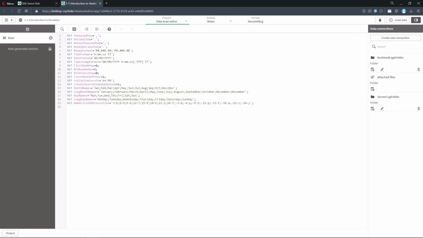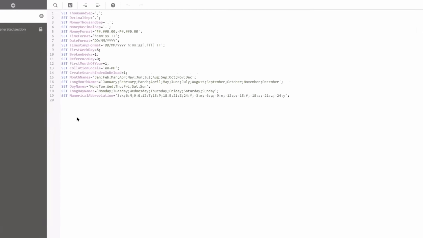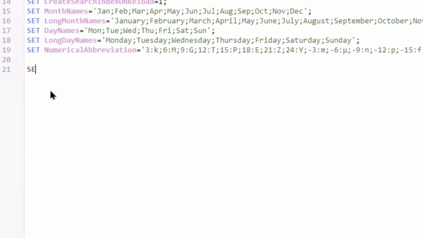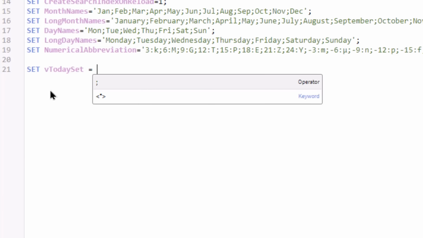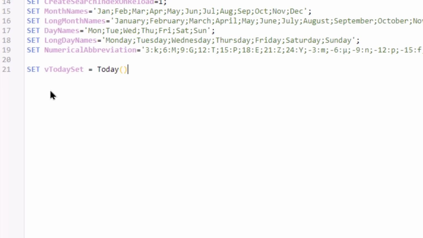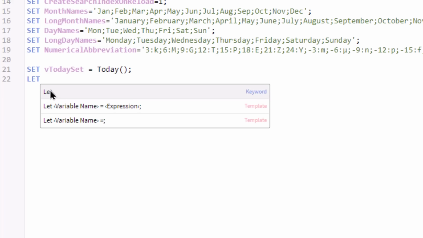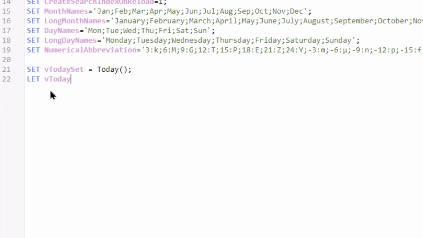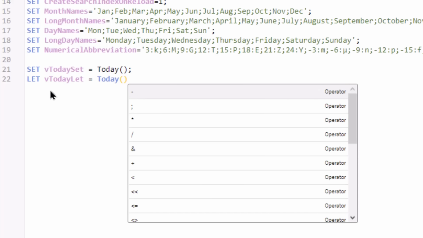To show how these two prefixes differ, let's use both prefixes in the main section of the data load editor and show it on the sheet as text. Create a new line of script and type set vToday = today(); Once done, press enter to type in another line. Input let vToday = today();